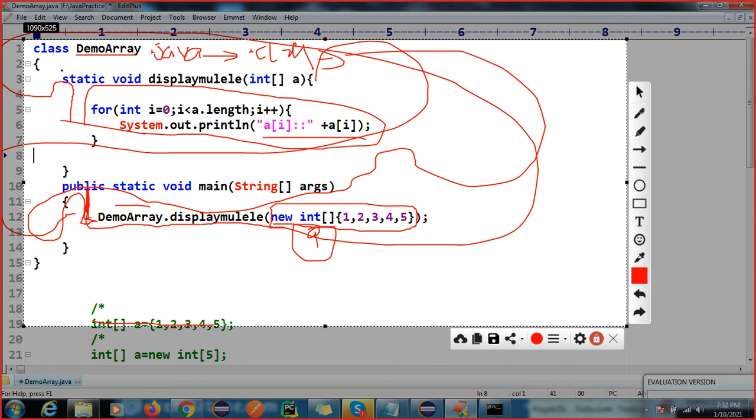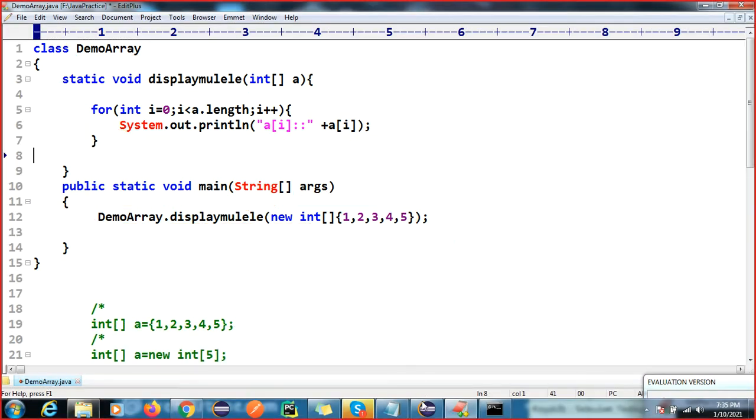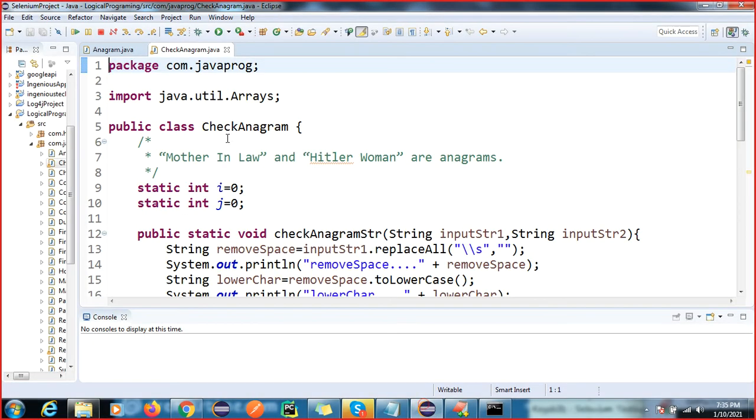If you go to an interview, they will ask you, can you write the code to remove the duplicate element inside this array? When you are writing the code, I will explain it to you. Today I will discuss one code in your demo interview session: how to find an anagram.